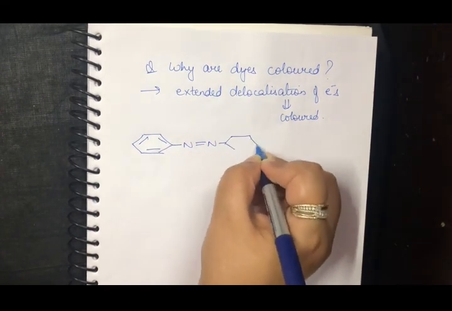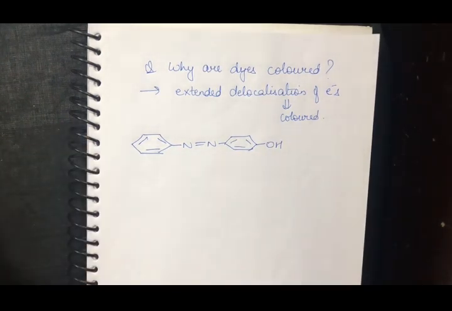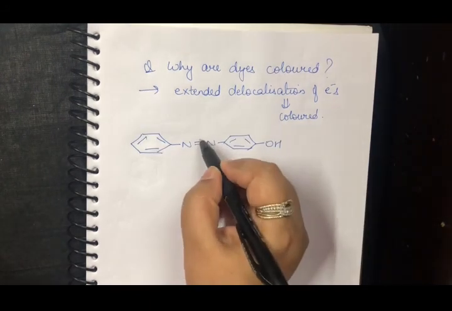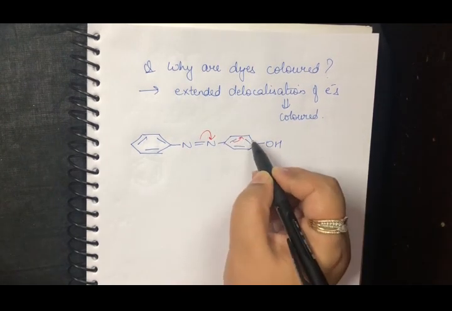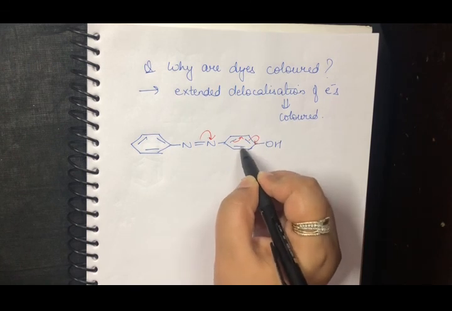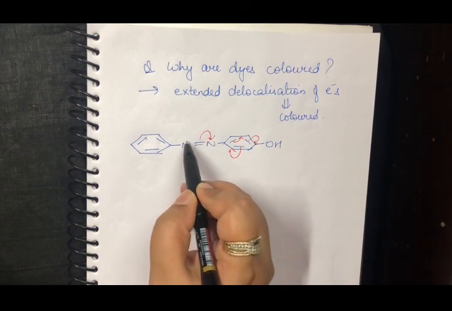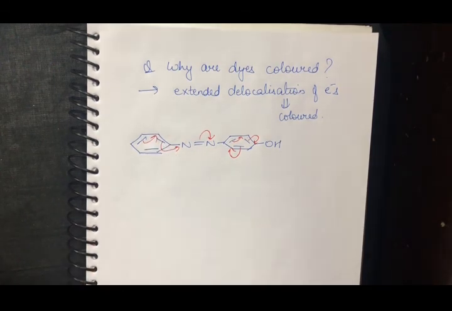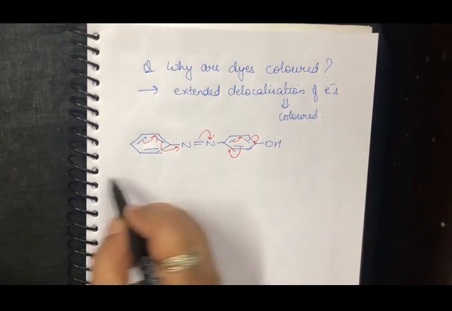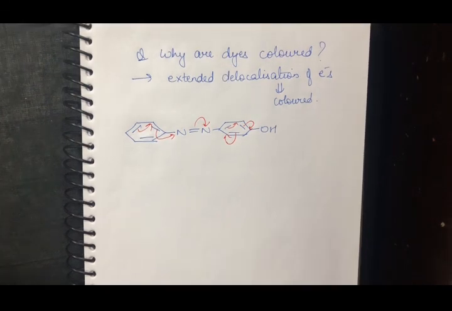This was my orange dye that I just made. Now what will happen is, this bond would shift here. Because of this shifting, this will shift here. This will go here, and then this will go here. Similarly here, because this has gone here, this has become negative, this nitrogen has become positive, so this will shift here, this will shift here. So the pi electrons are being delocalized over 6-8 atoms in this entire compound. So that is why this compound is highly colored, and it can be used as a test too.